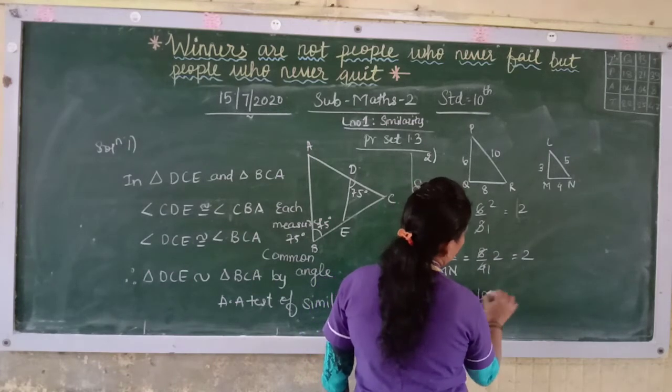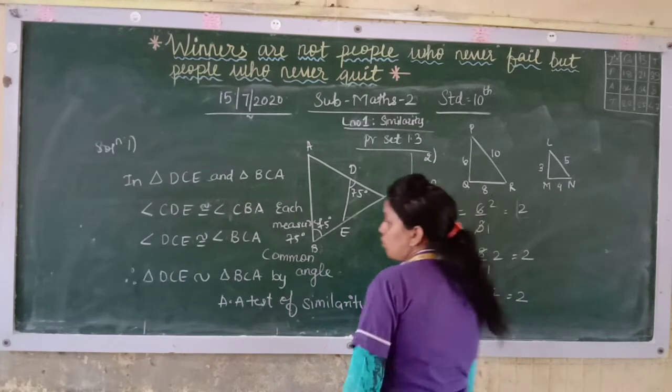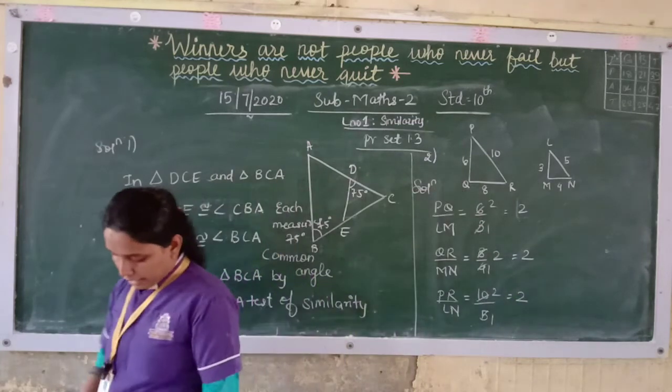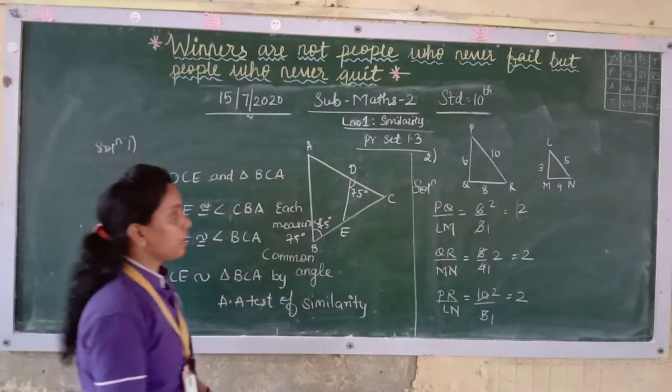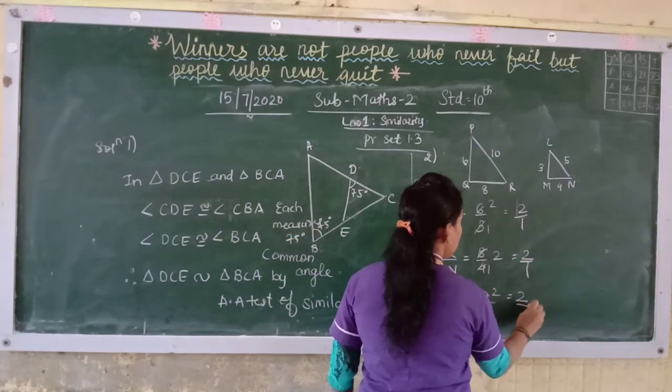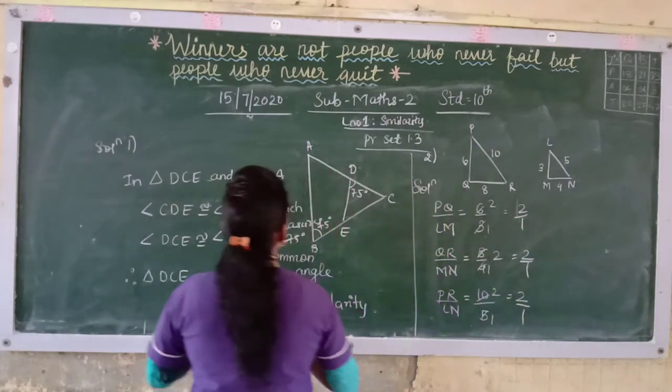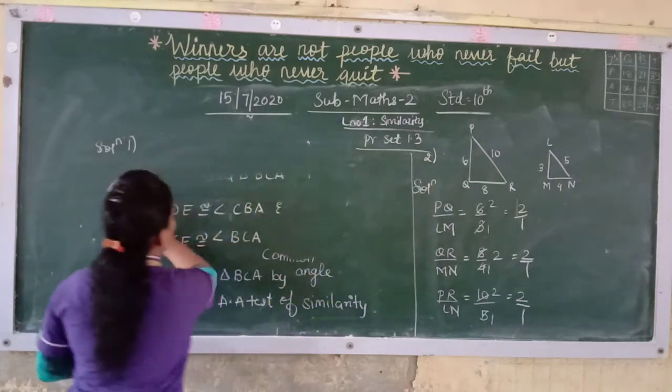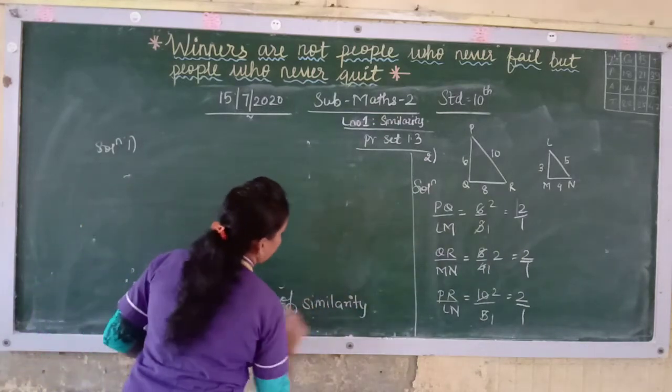5 and 5, 5 2 10. So you see over here that the ratio is coming the same. Here it is 2 upon 1. Here nothing is there, means 1 is there. That you can understand. Now see here. So now what will you write?